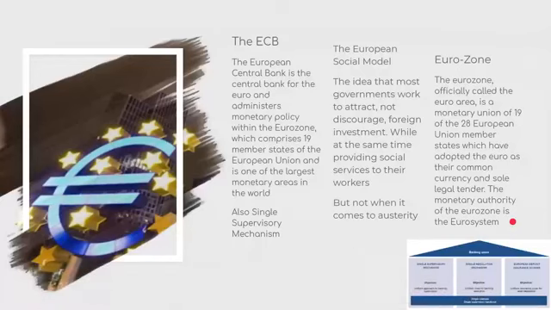I'm just going to wait for that to fade away. All right, the single resolution mechanism, basically it's uniform rules for banking resolutions. This is to go over disputes. It's kind of like how the World Trade Organization has its own courts for going over unfair trade policies. And then finally, it's the European Deposit Insurance Scheme.